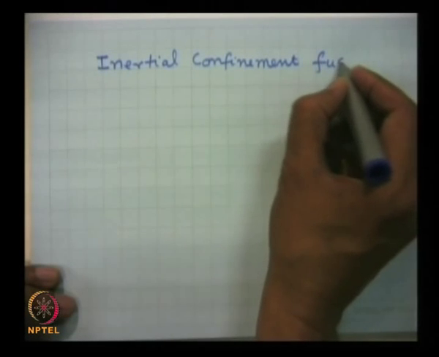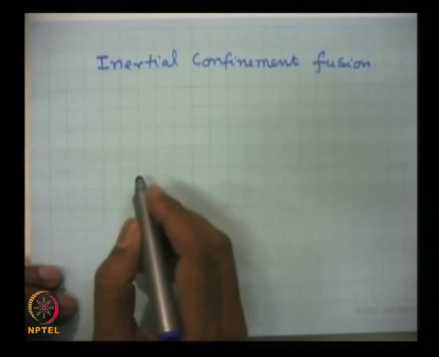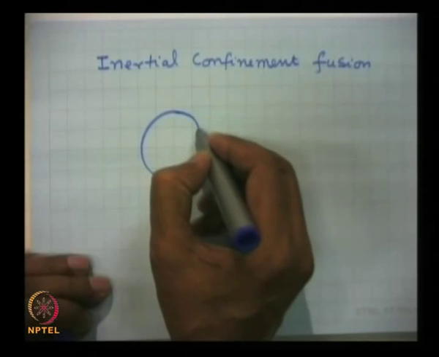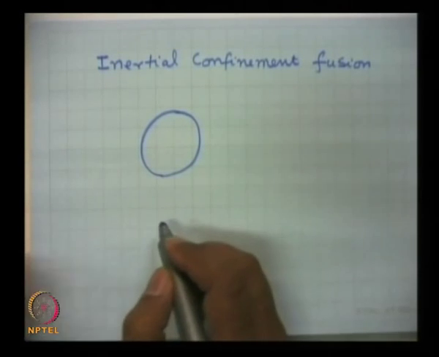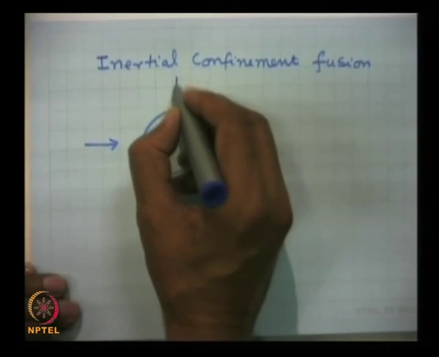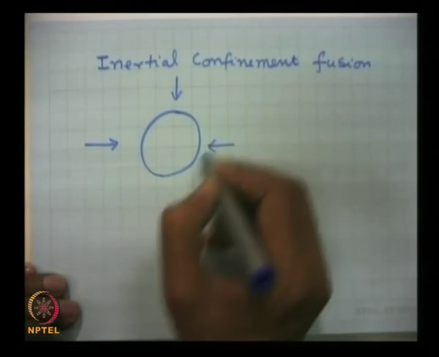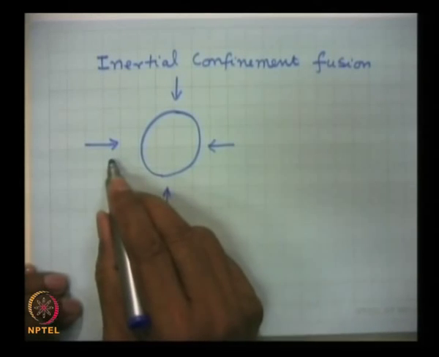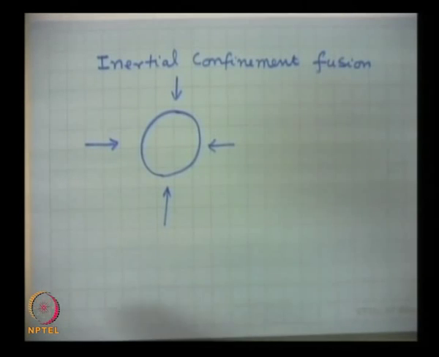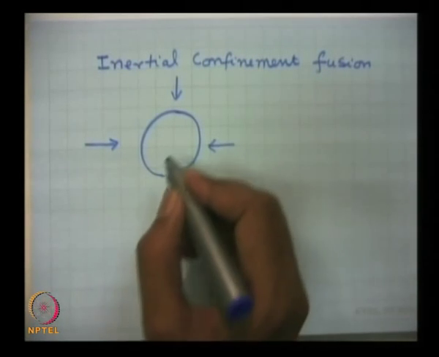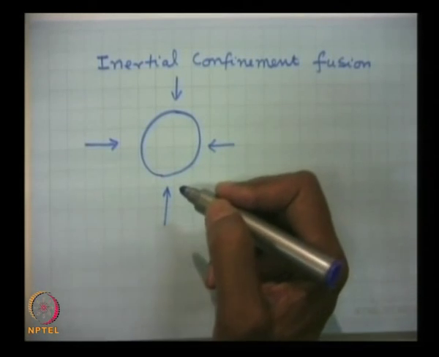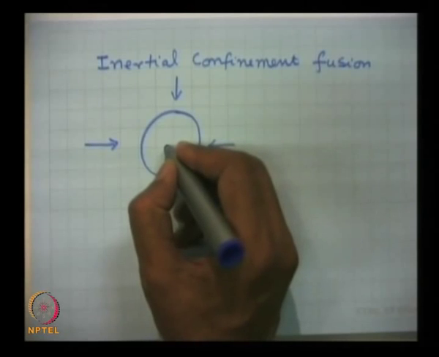In this scheme, one considers a spherical pellet of deuterium tritium, and you shine laser light from all directions. Usually 16 laser beams are employed. They are launched from 16 different directions onto a deuterium tritium pellet, whose radius could be of the order of a centimeter. And it is a deuterium tritium mixture